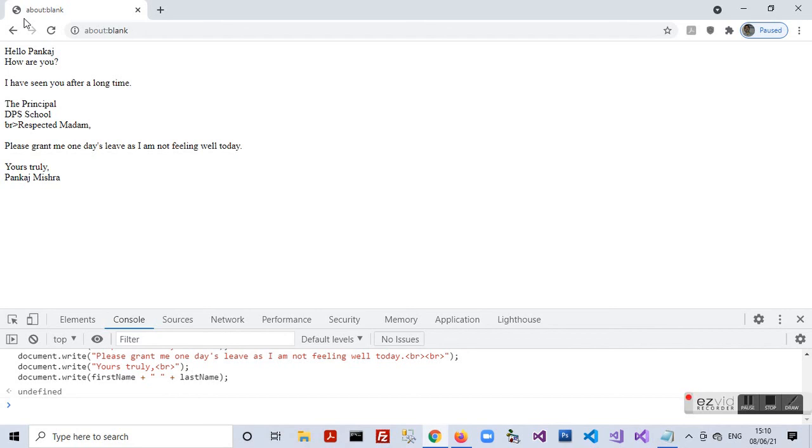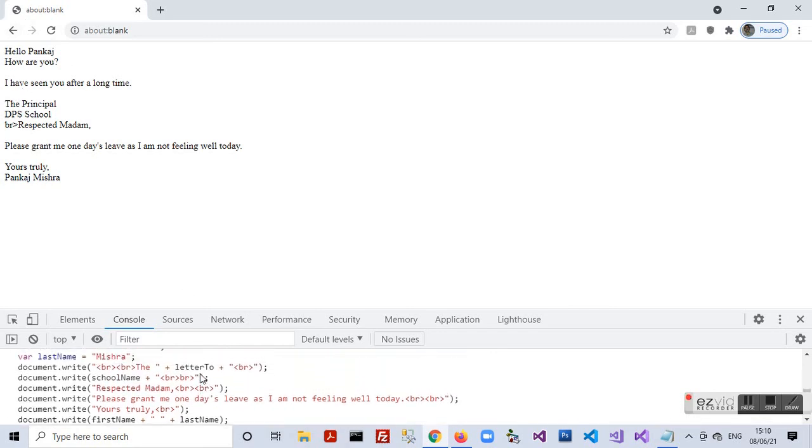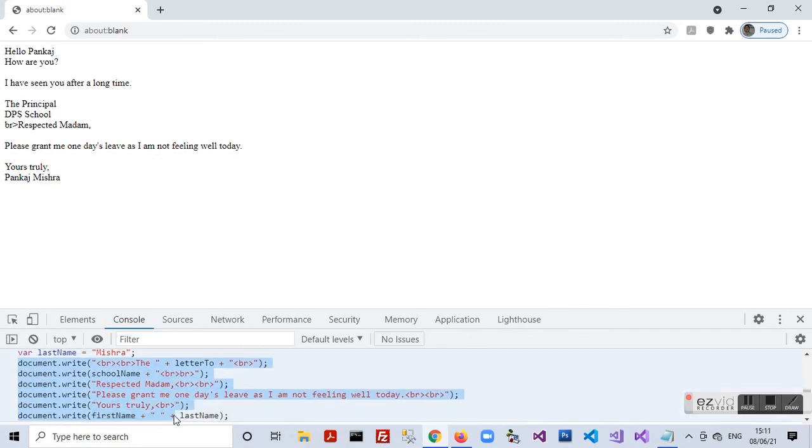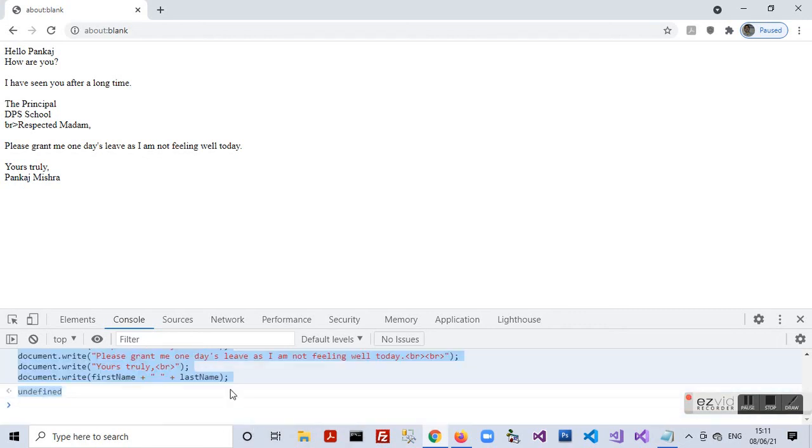We can copy the code block in the console and paste it, make a correction, and run the code again to see the correct output. So let's do it.